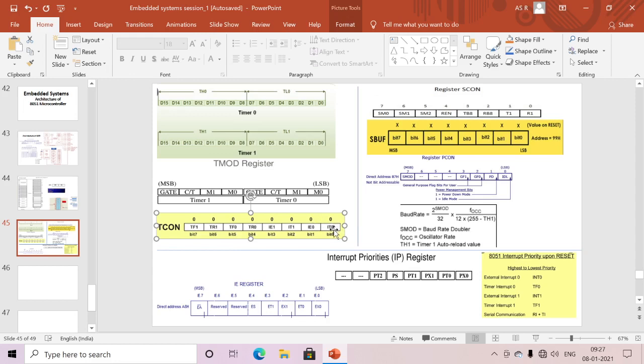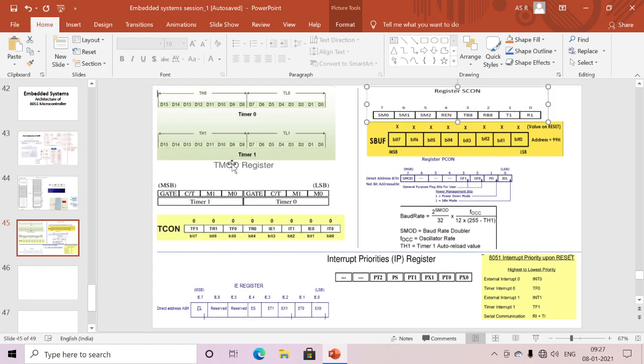Next, I want to operate the interrupt 0 and interrupt 1 flags. These two flags are for interrupt 0. For example, if I need to serve my external interrupt based on level triggering, I set this one. If I want to serve interrupt 0 based on edge triggering, I set this one. Similarly, for interrupt 1, if I want to serve based on level triggering I set this one, and if I want edge triggering for interrupt 1, I set this flag. Okay, this is the use of the TCON register. The use of TMOD is to choose which mode the timer operates in, and whether it is for counter or timing applications. Next we'll discuss SCON, serial control.